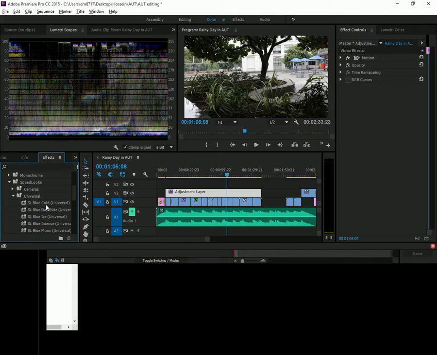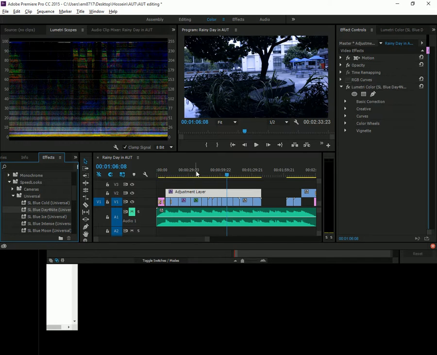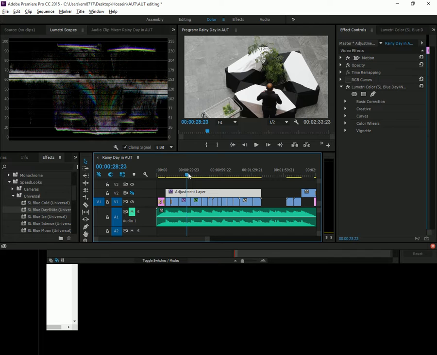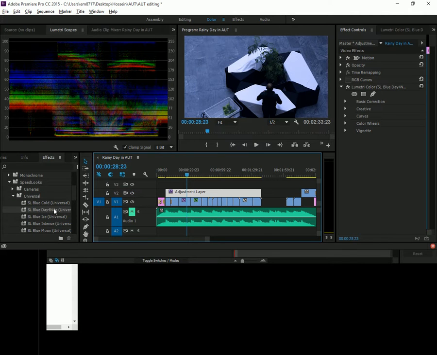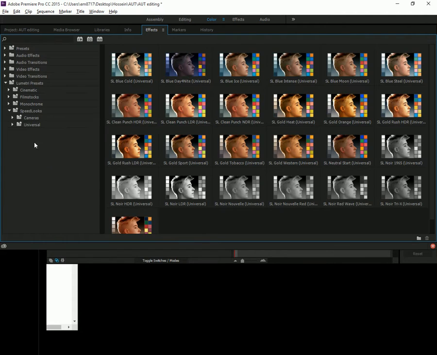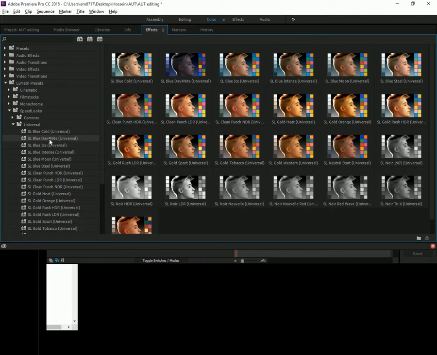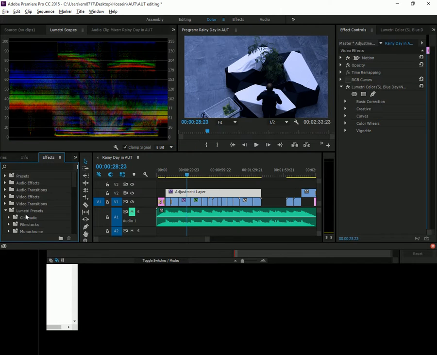Okay, let's apply a blue day for night. I shot these images in the morning and I want to make them look like evening. So what I did, I went to the effects, Lumetri presets, universal, and I just dragged this blue day for night